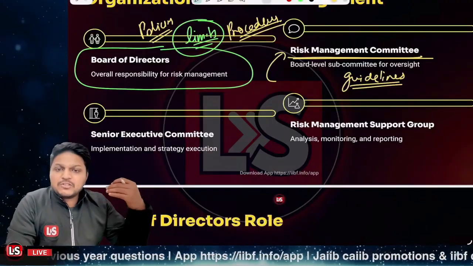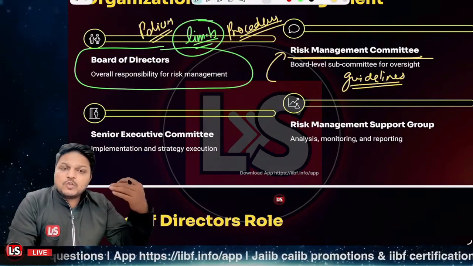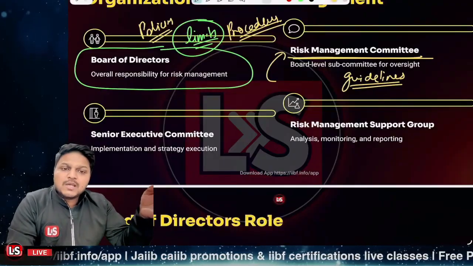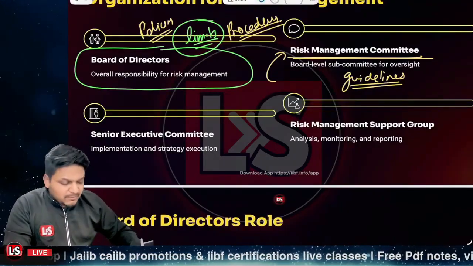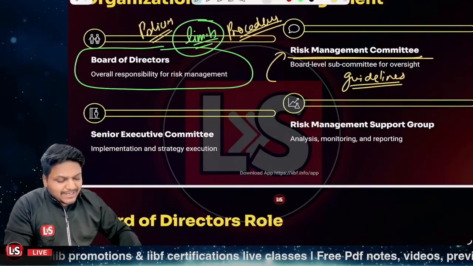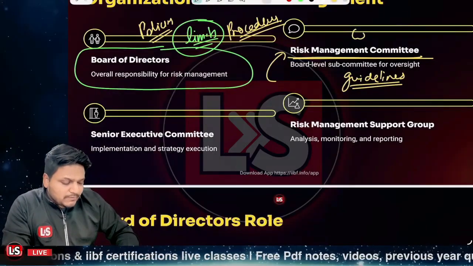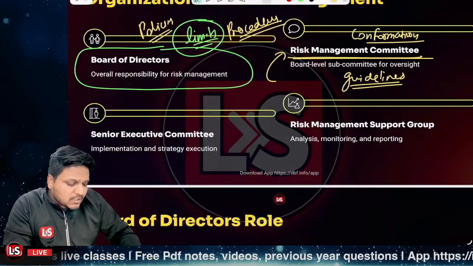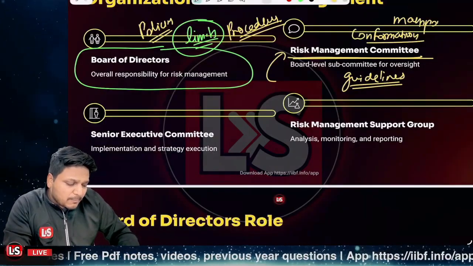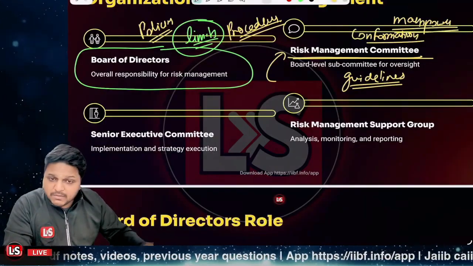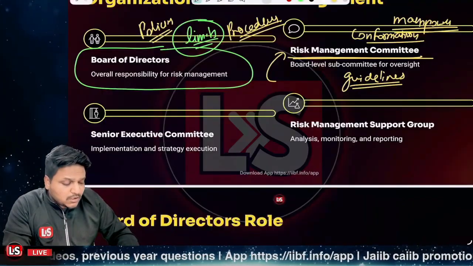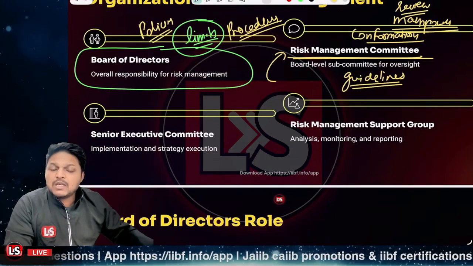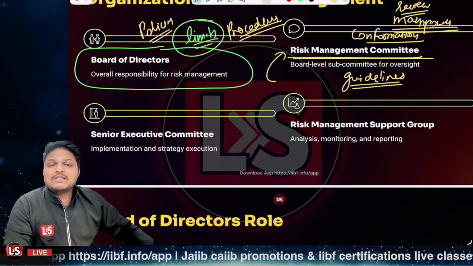Further, whatsoever prudential limits are set up, their periodical reviews, whatsoever models are there, checking the robustness of those models, and whether proper manpower is available or not, those tasks lie with the risk management committee. So when we talk about conformance with those policies, including appropriate manpower being available to review the prudential limits, all those tasks lie with the risk management committee, which is a board level subcommittee.